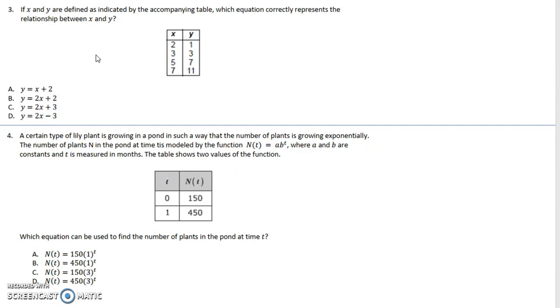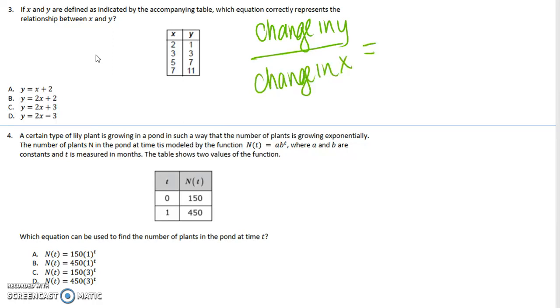Well, our rate of change, remember, is our change in y over our change in x. So my change in y goes from 1 to 3, which is 2. My change in x goes from 2 to 3, which is 1. So my slope is 2. Okay, so that means if I go back,